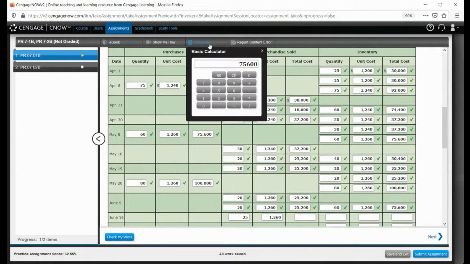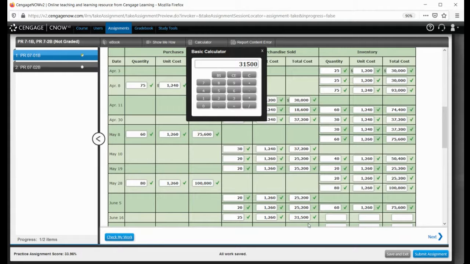So I'm going to multiply 25 units times 1260, and that will give me 31,500. This is your cost of merchandise sold. So in the second journal entry for the sale, we debit cost of merchandise sold and credit merchandise inventory for